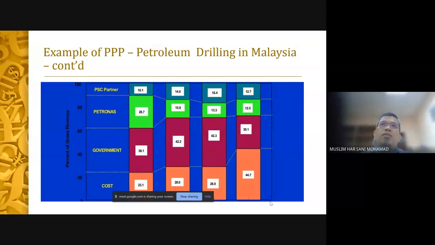I think one of the reasons, possibly, if I'm not mistaken, was that the easy oil that can be extracted easily has basically been exhausted. What is left is in the difficult areas, where more costs need to be incurred to extract the oil. That's what I was made to understand. But anyway, this example shows how PPP can be used as a platform to provide the services.